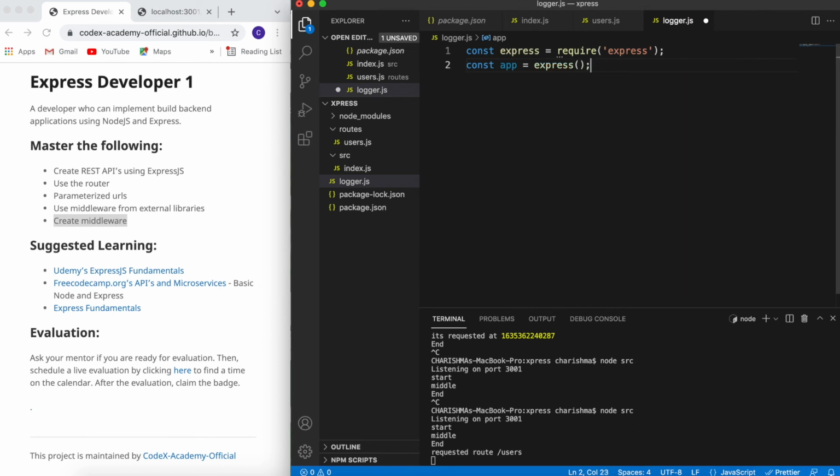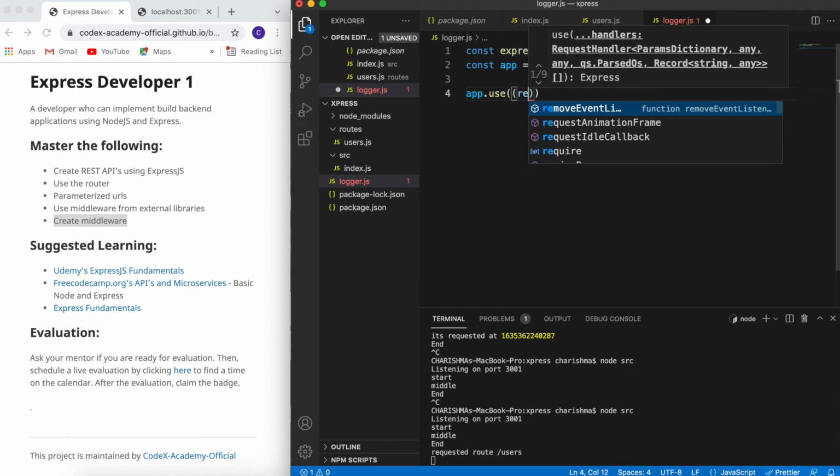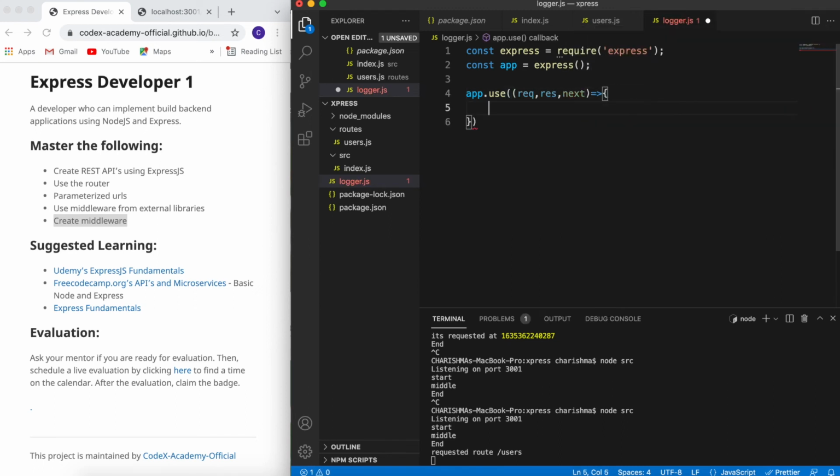I will call express on this. Now if I say app.use of function request, response, next in console.log,